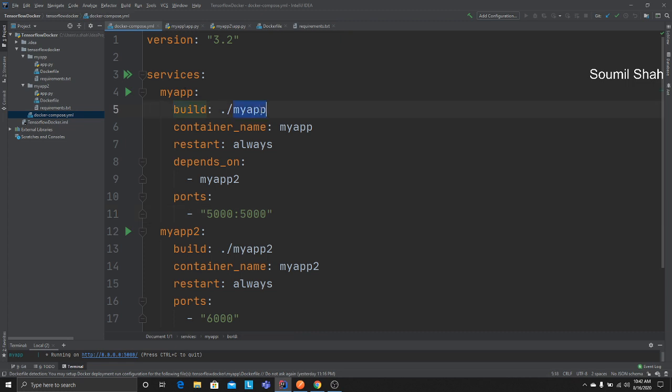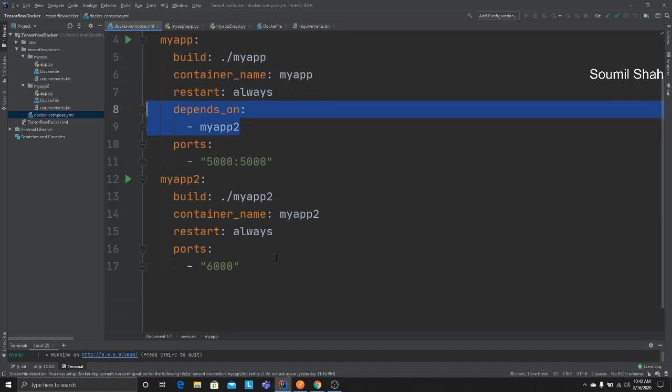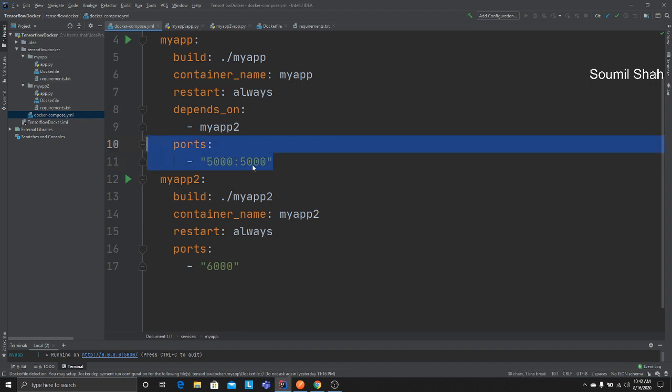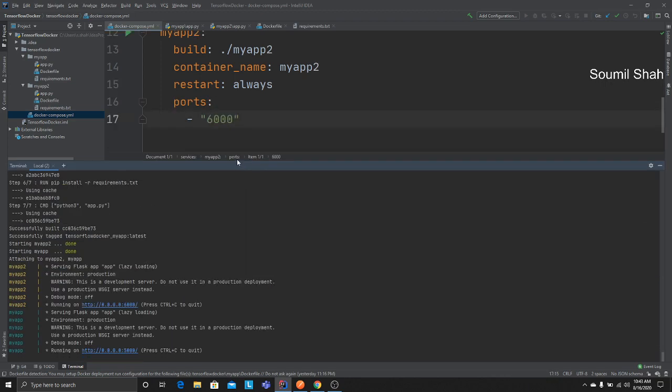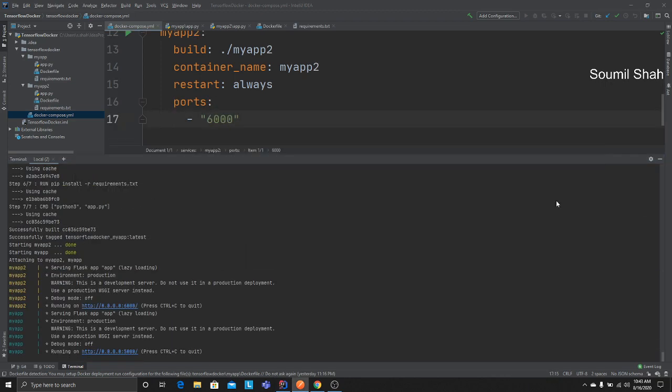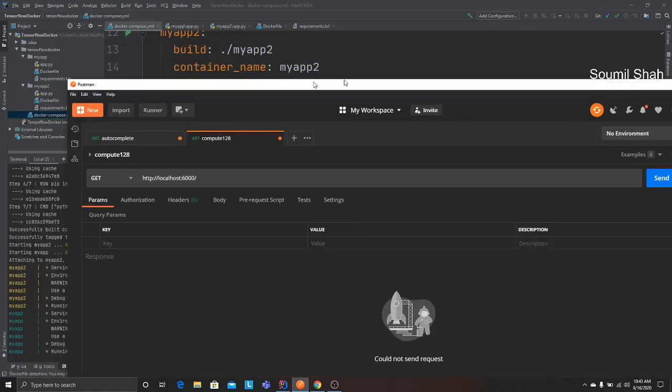So my app builds all the things in my app. We give it a container name, restart always, and depends on my app 2, because we are depending on this guy. We are exposing port 5000 to the outside world. Port 6000 is an internal port, so it's not being exposed. And as soon as I start this container, which I have done already,